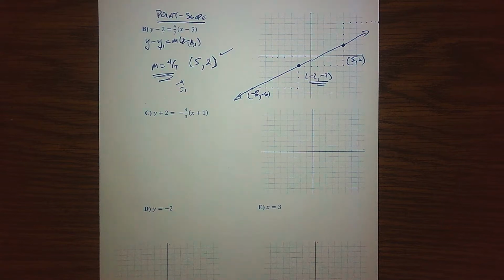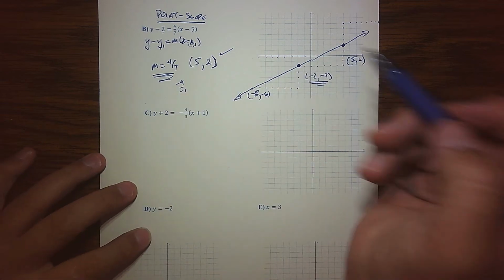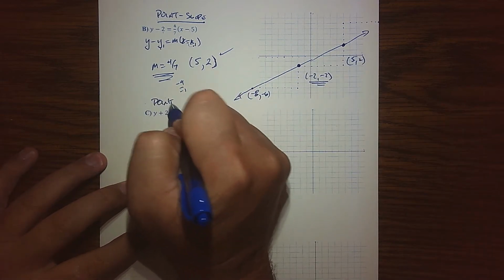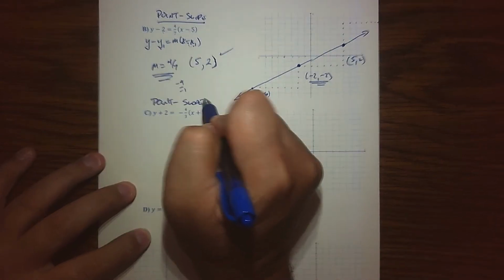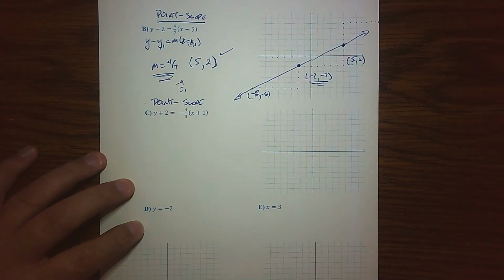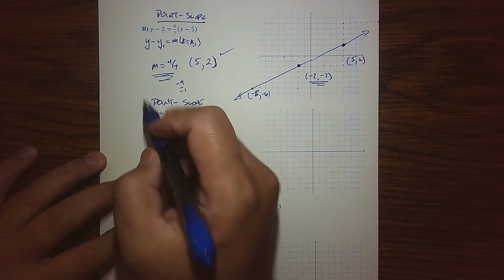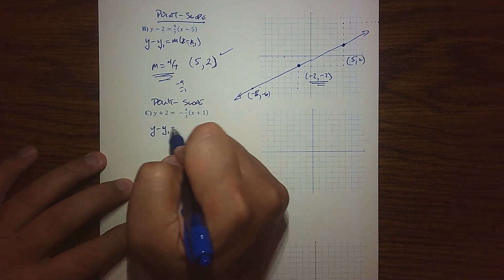So the next one, C, again, if you look at it initially, what form of the line are we looking at one more time? Right, we're looking at point slope. So since we've recognized it as point slope, let's use point slope. But we do have a bit of a challenge, right? Let me write the formula,